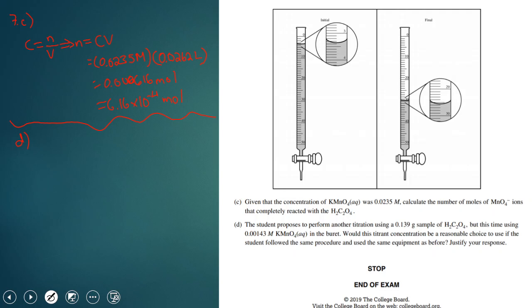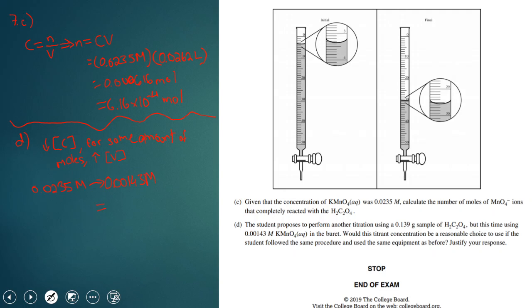Well, if you think about it, if you lower your concentration to get the same amount of moles, you need to increase your volume used. Now, if you consider 0.0235 moles going to 0.0014 moles,